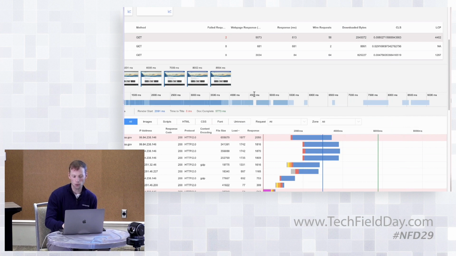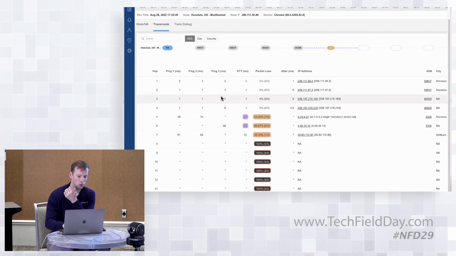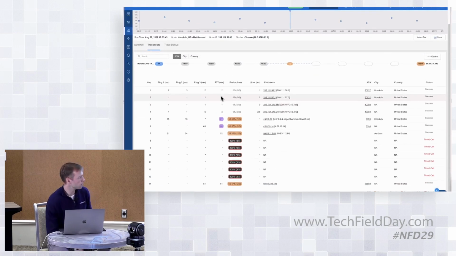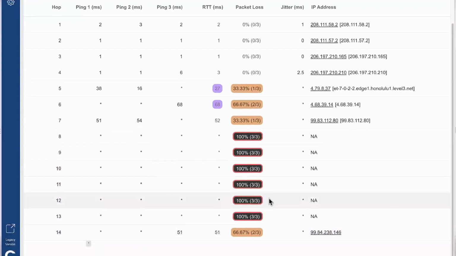And so in the correlation view, if I want to see the path the service is taking from Hawaii to get to the server, the front end delivery mechanism, whether you're going directly to an origin or to a CDN provider that's trying to get this content closer to the user, at the same time as that waterfall, we're doing a simple ping and traceroute to measure latency, network path, and the hops involved. We can investigate that it took roughly 14 hops to reach the IP address that's mainly serving content on that website. It's roughly 51 milliseconds away, but there is some packet loss end to end,